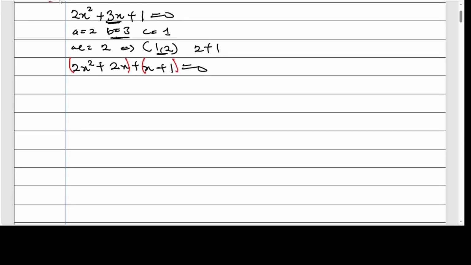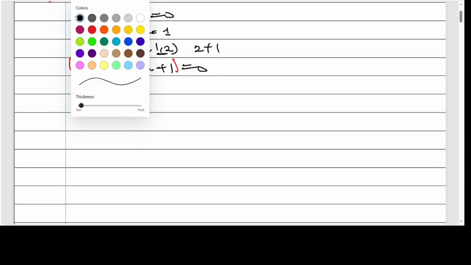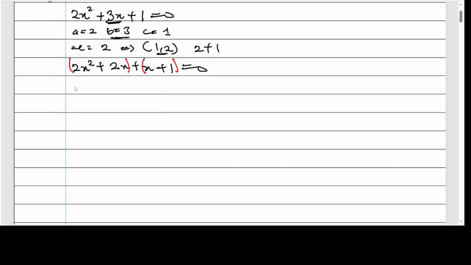Now for the first term, you find out what is common to the two terms, 2x and 2x squared. So 2 is common to them, x is also common, so 2x is a factor. Factoring 2x out of this, we have x left, and over here, factoring out 2x, we have only 1 left. Then the next one, it looks like there's nothing common to both of them, but x is the same as 1x. So what is common to both of them is 1. Anytime you realize that there's nothing common, remember 1 is a factor of every number,